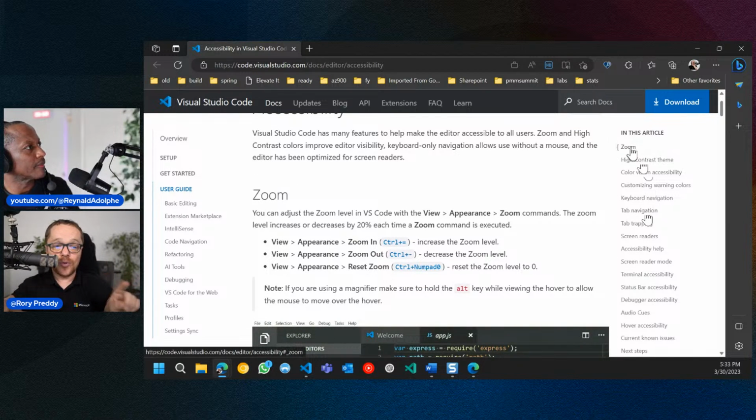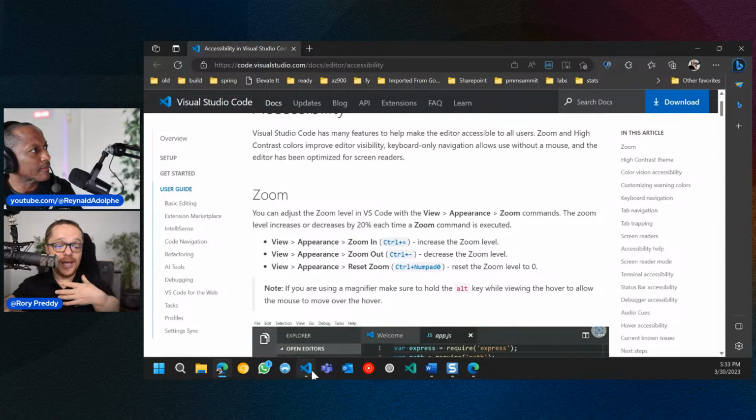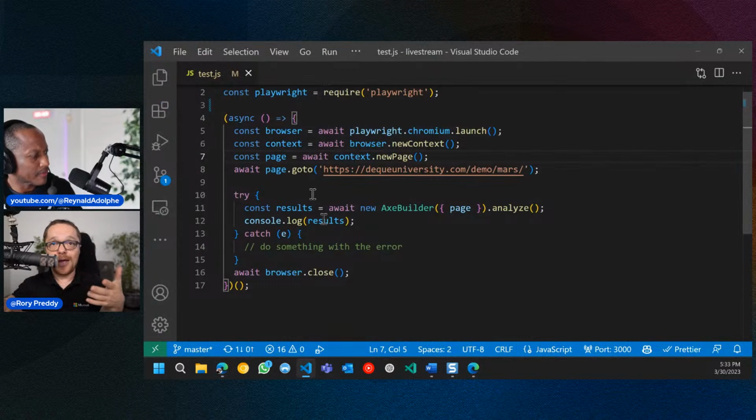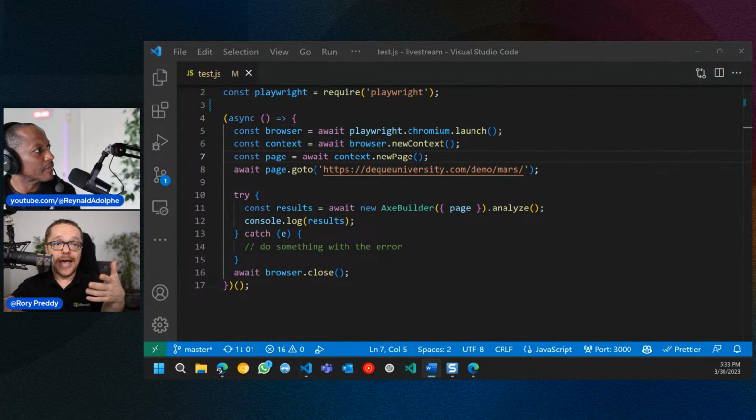It goes into Zoom, high contrast theme, so color profile. Now, for me, my contrast of choice is black, but that might not be suitable for people with colorblindness. We have a very nice colorblind theme that we can actually use, and let me get it for you for a second here. Let's go into that.